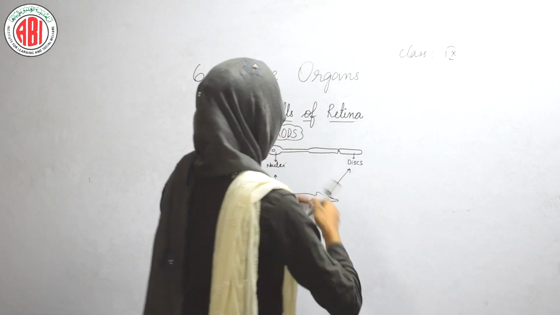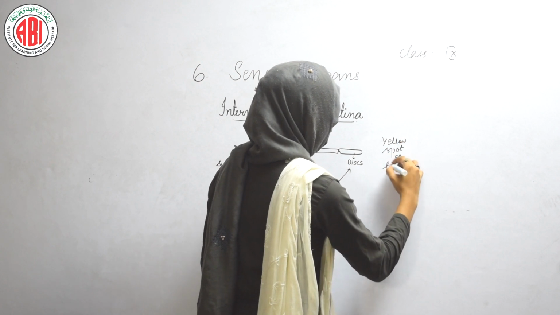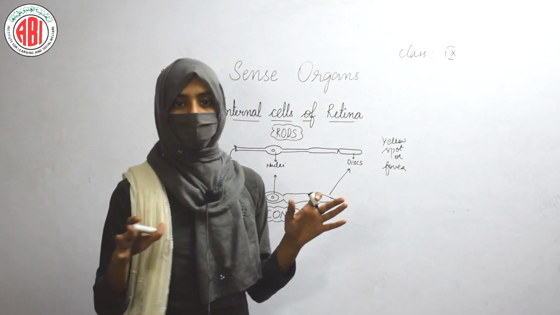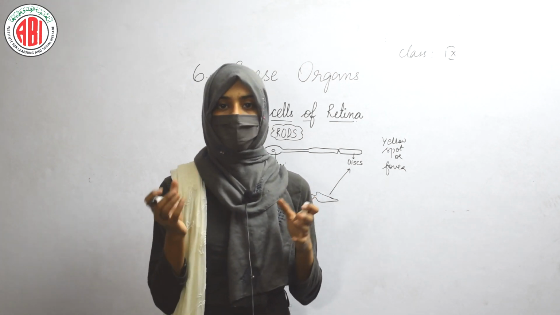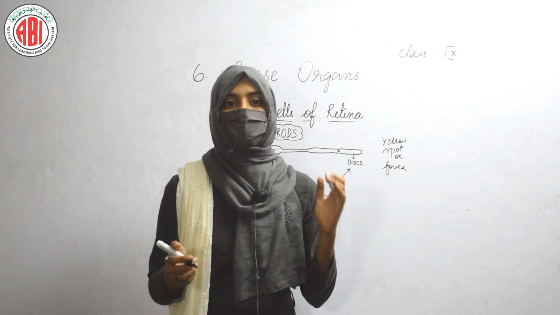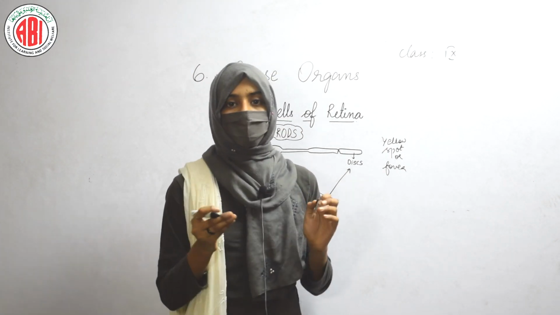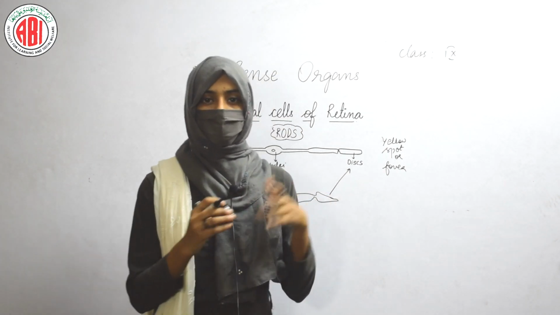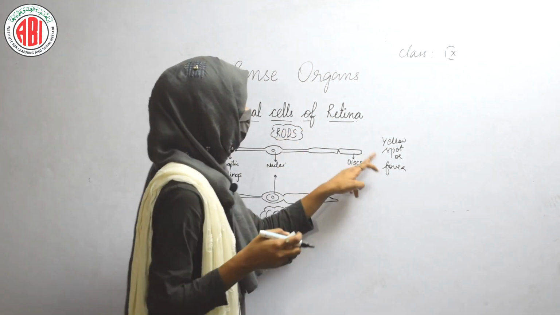Three-dimensional image can be formed in our brain because of the merging of the two different views of our stereoscopic vision. And one more point is, yellow spot or fovea is present in the retina where the light falls. So when we are searching for the objects in our surrounding, we look here and there. Our eyeballs move here and there. So because of the movement of our eyeballs, the image which we need to see is captured and focused in this region.